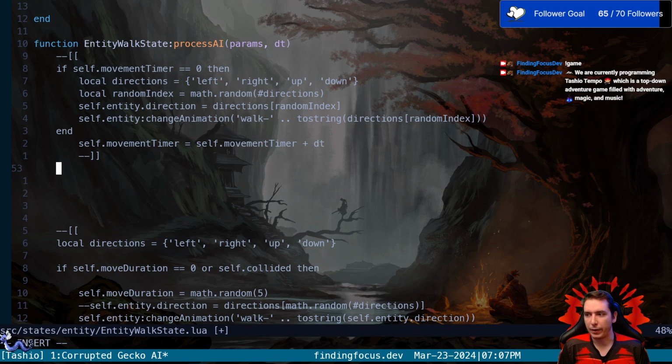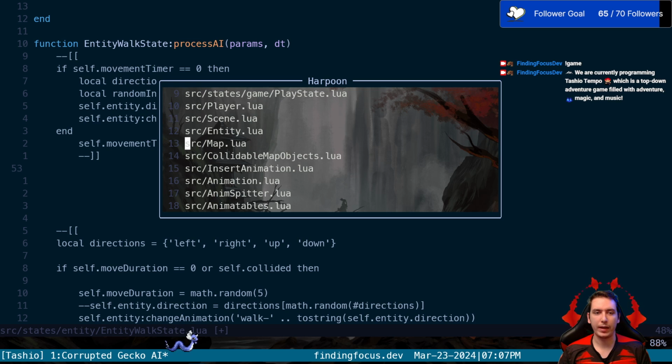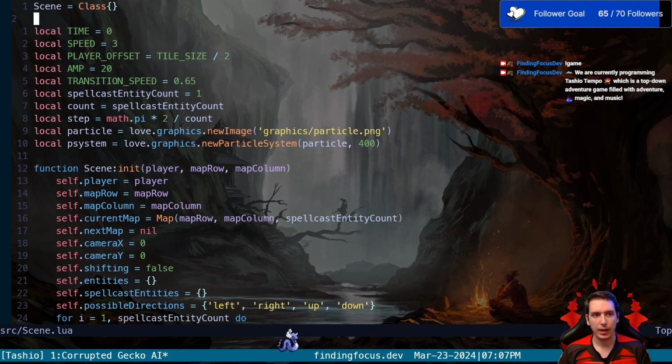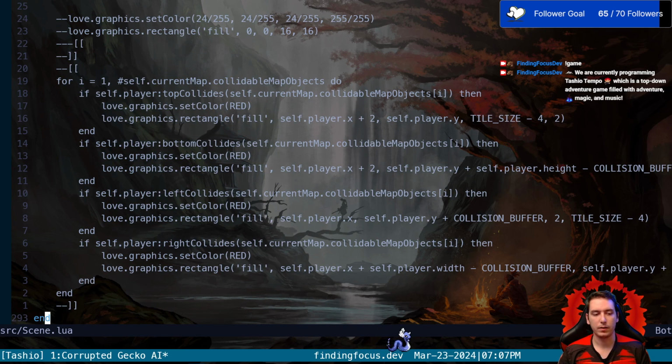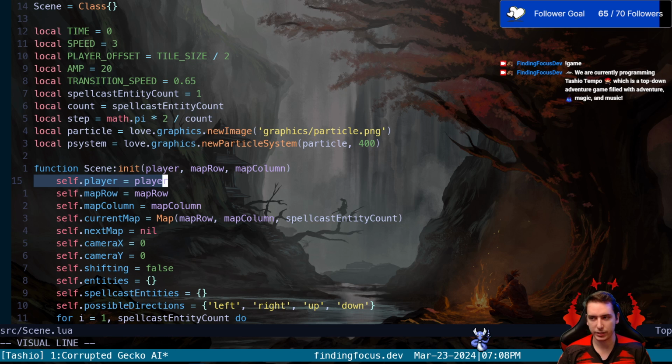well, let's think about this. Right now, the entity walk state doesn't have a reference to our player. So it doesn't know where our player exists. Now, there is a small caveat in that we have a global variable that's holding our scene. And our scene has a reference to our actual player. But instead of doing a reference to the global scene, I don't know if we want to keep our scene global